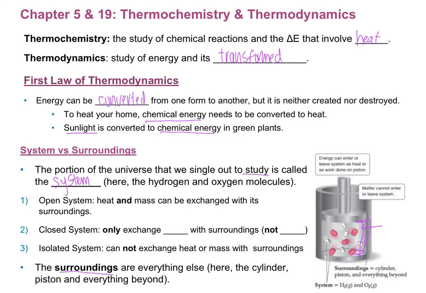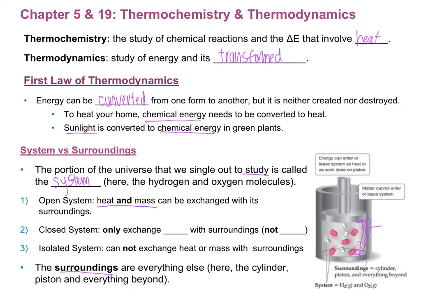When we think about systems, there are three types. Open systems are where heat and mass can both be exchanged, so they can leave. For example, if I'm thinking about how I'm going to store my coffee, a traditional coffee mug that you might have at home is an open system. The water vapor from the warm coffee can leave. I could spill it and it could escape. And the heat's going to leave also, and that's why it's only going to stay warm for so long.